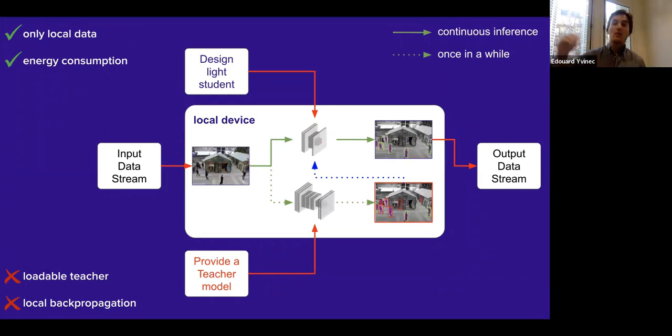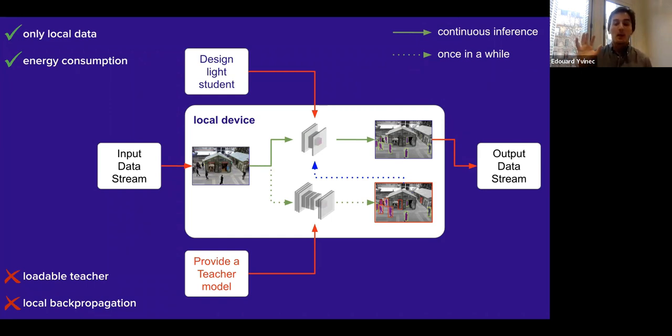The continuous arrows represent continuous inference. Your small model is built to work for continuous inference on your dedicated hardware. What you will do is use the teacher, the large model, to extract a ground truth and use it to retrain your small model. And if you're familiar with distillation, you might catch the fact that this blue arrow actually hides a lot.